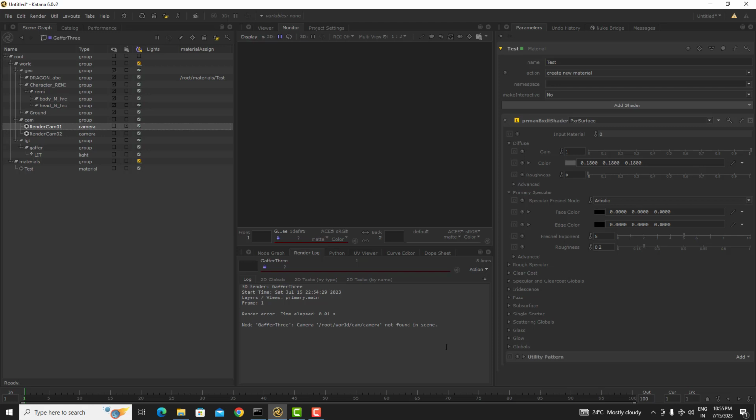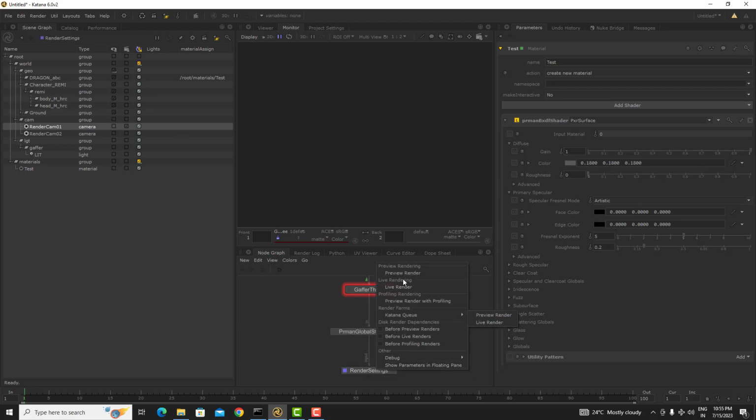We haven't enabled our render settings, so our render settings node is not resolved for the scene graph. This is where we assign our camera to the renderer. Now if I enable this and launch the IPR again,